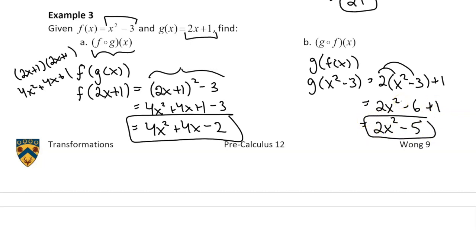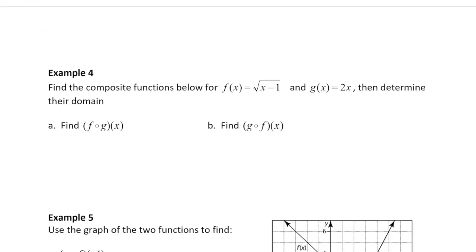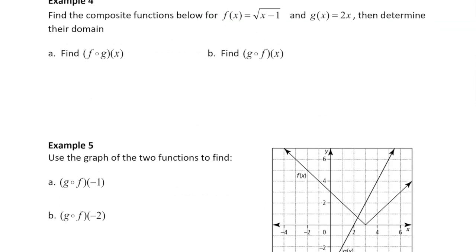Okay, so those first 3 examples, nothing too crazy. We could build up from that a little bit more. Okay, so example 4, the same type of example, the only addition now is they're going to say express the domain at the end. So if you have f of g of x,